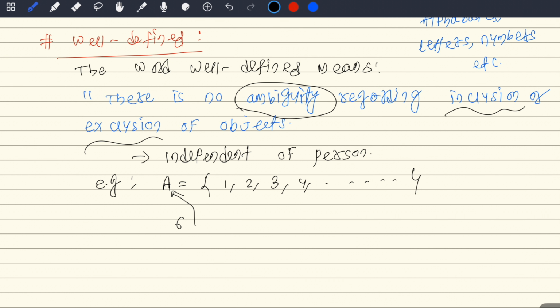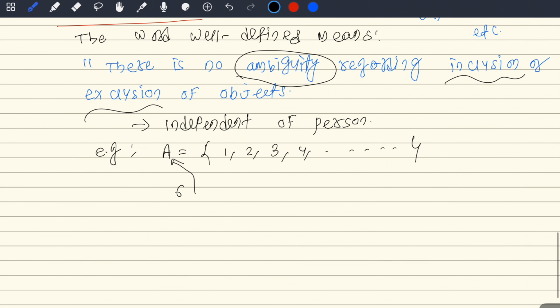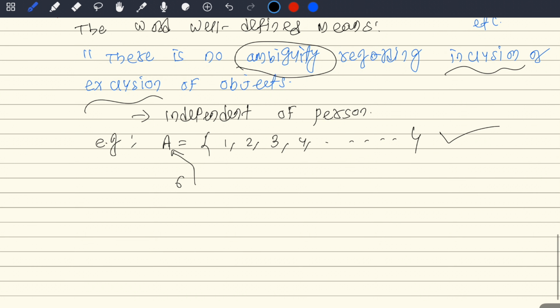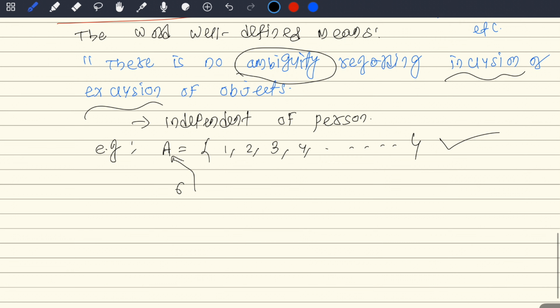So you can include or not include. The definition should be well defined such that you know the element is part or not. This is your main aim. So this set is well defined. So this is a set. Now